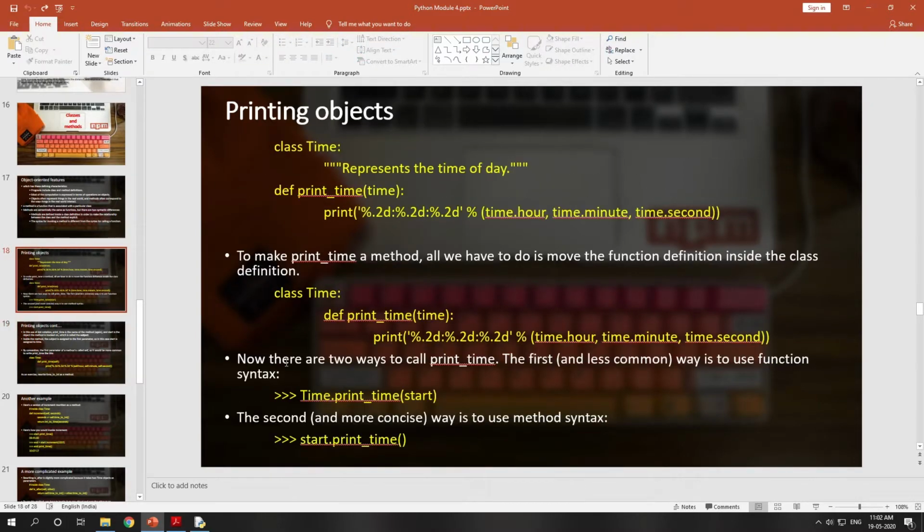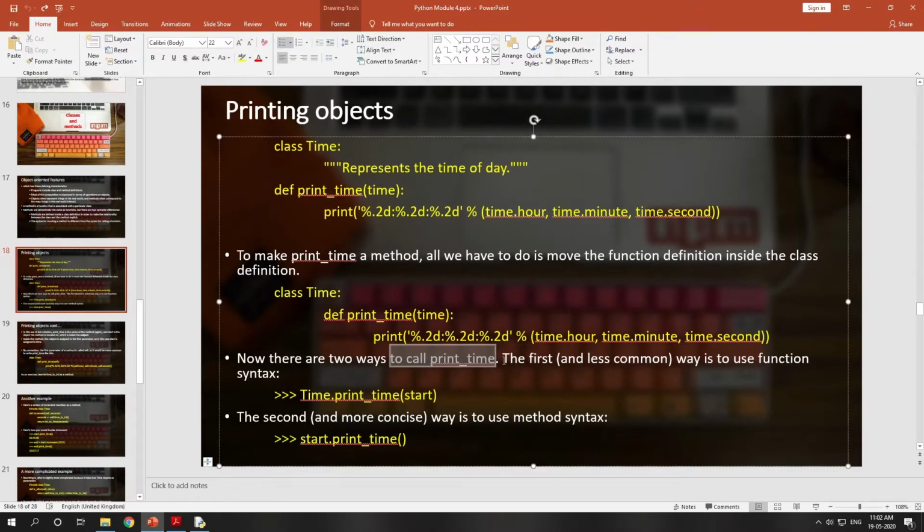Now there are two ways to call print time. If you call Time.print_time(start), it is declared under a class called Time, and it takes one argument called start.